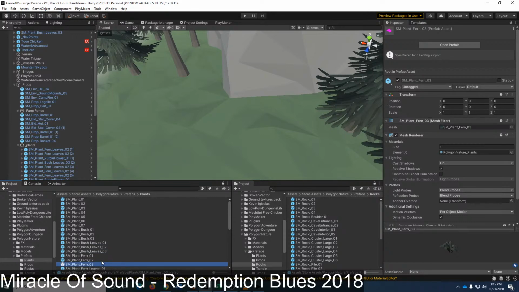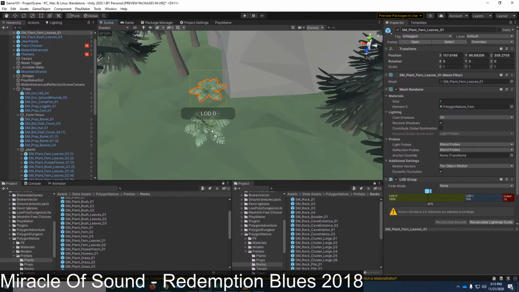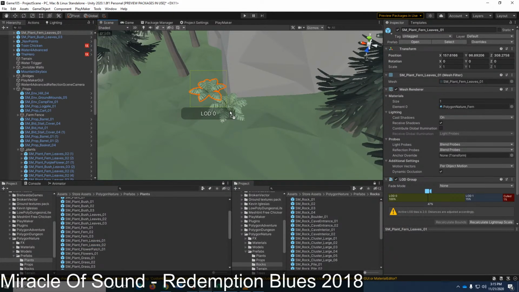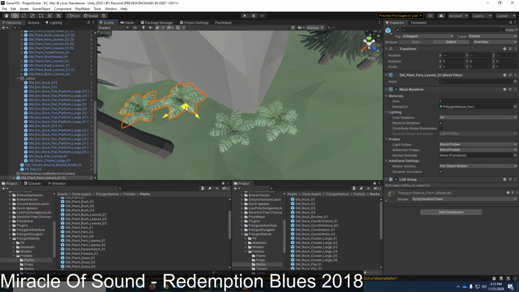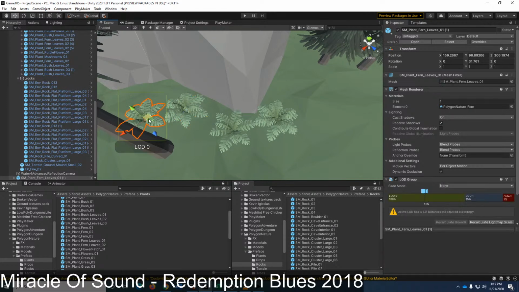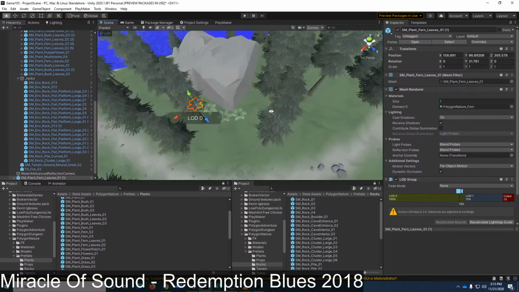Nope, I want the using the leaves variants. When your borrowed time is through, I'll be with you. Redemption blue. There you go, just a little bit of color.